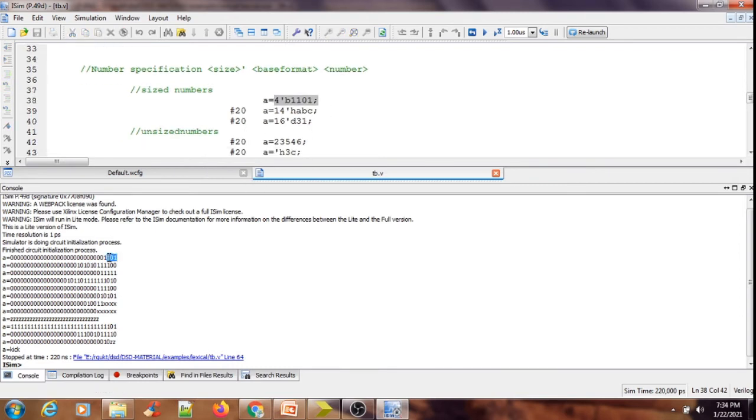I said that the default register is 32-bit, because if it is a 32-bit compiler, I will have a 32-bit representation, and if it is a 64-bit compiler, I will have a 64-bit representation. The compiler I am using is 32-bit. For A equal to 4-bit binary 1101, the lowest 4 bits are 1101, and the remaining MSBs are occupied by zeros.